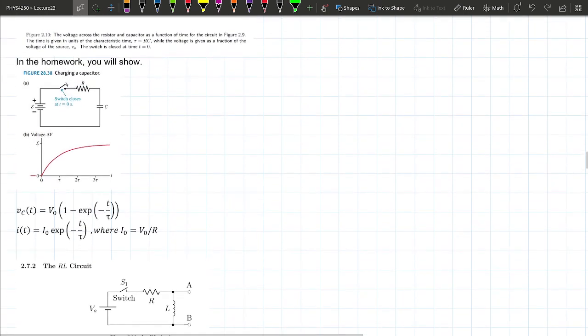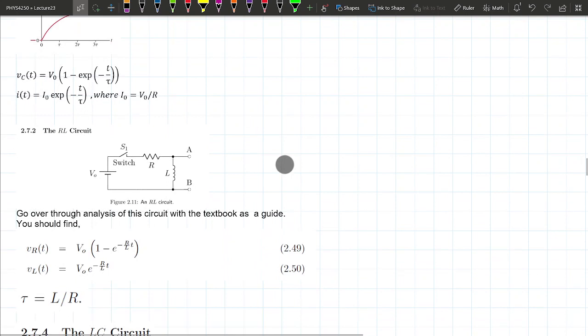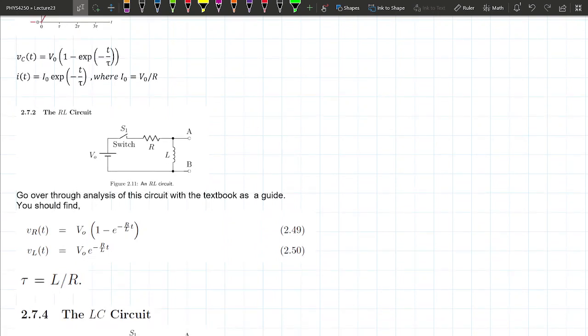In this circuit, you basically have the capacitor voltage charging up very quickly. It starts off at 0 and it increases over time. In this circuit, we just replace the capacitor with an inductor. You can go through all the little analysis, the Kirchhoff's law, and the voltage across an inductor is just j omega L times the current, and do all that jazz. And what you would derive is that the voltage on that inductor